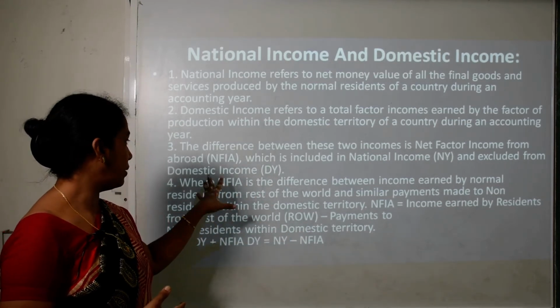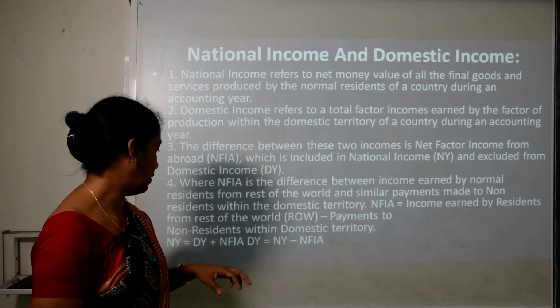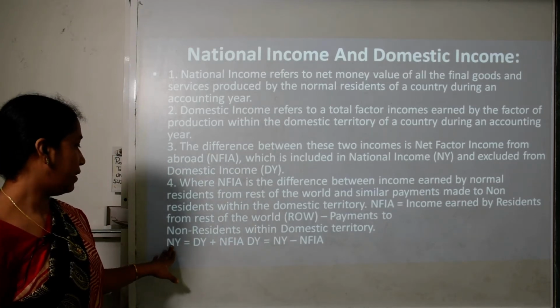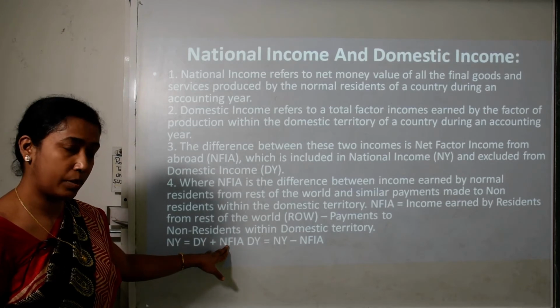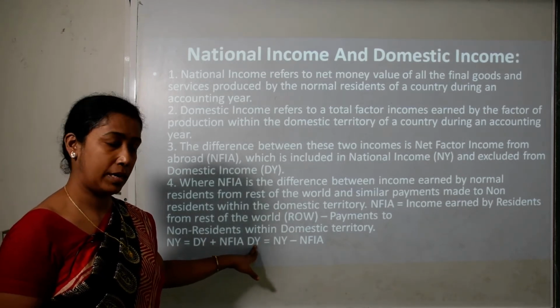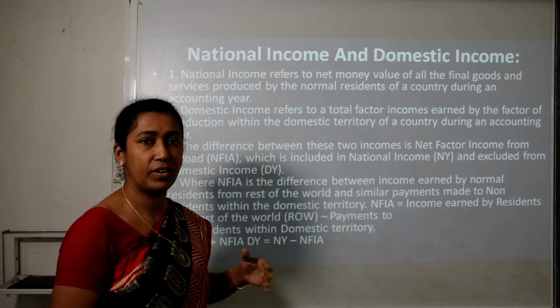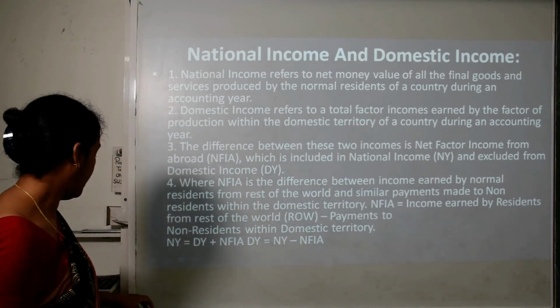So, the difference between them can be considered as net factor income from abroad, or we can say national income can be calculated as domestic income plus net factor income from abroad, and domestic income can be calculated as national income minus net factor income from abroad. Okay. Now,